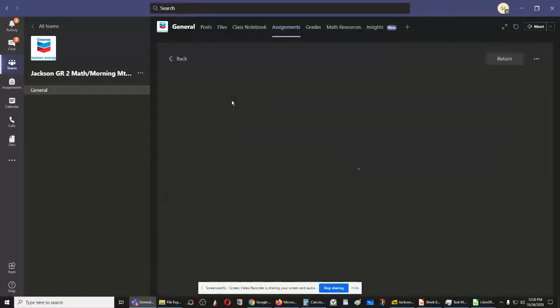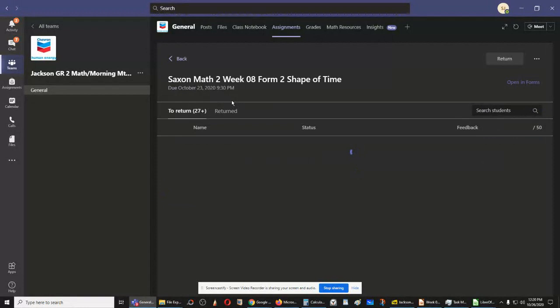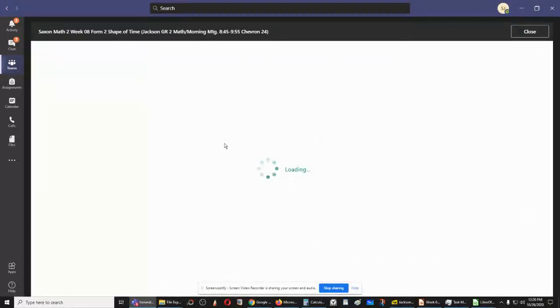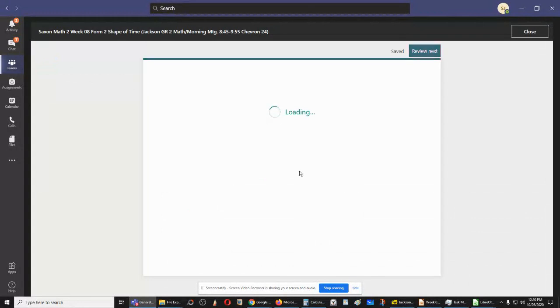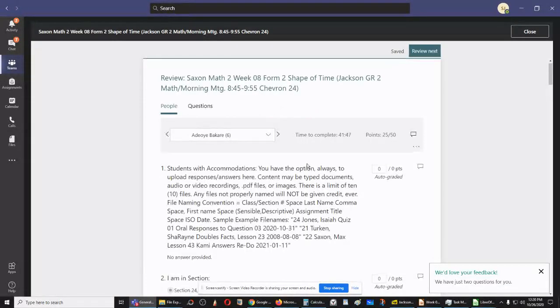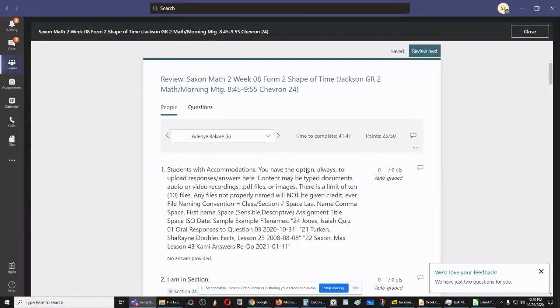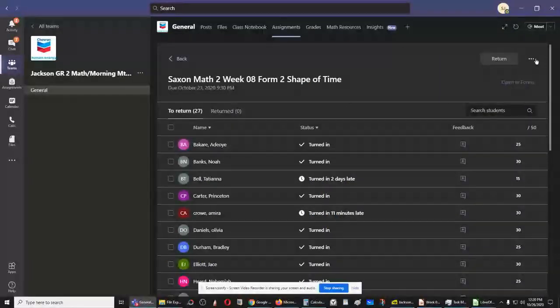Okay, click on shape of time. Again, I can click on any individual student. Again, everything stays within Teams as it should. And I can look at his responses, but I cannot do any type of aggregate results. I can close this. Again, if I try to open this up in Excel,